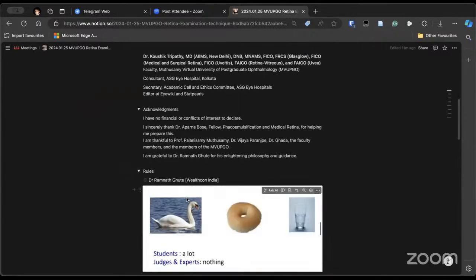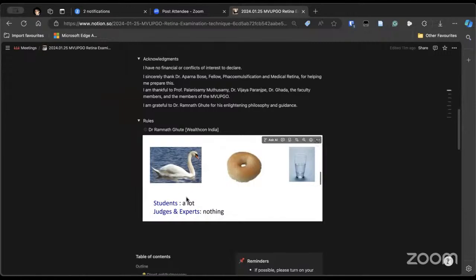So, what is the philosophy? Try to be like a swan, take out what is suitable for you, and do not argue. Try to take the best out of everything and leave the rest. And when there is a donut, focus on the donut and not on the hole inside. That means focus on things which you have, and do not be anxious over the things which you do not have. Also be a half glass or empty glass so that you can take more. If you feel that you know everything, then there is no chance of improvement, and no chance of gaining more knowledge.